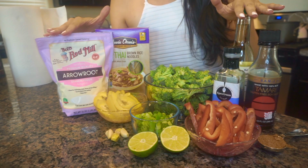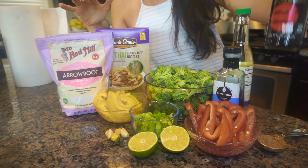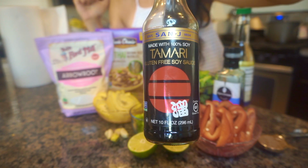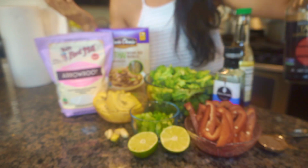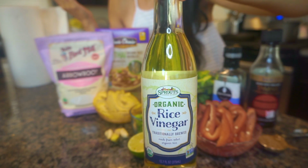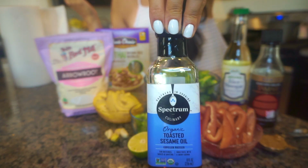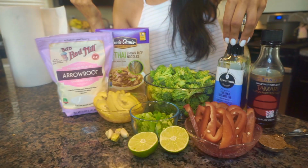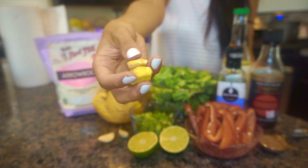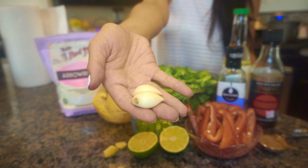And for the sauce, we're gonna get into those ingredients as well. The sauce is going to be 4.5 tablespoons of tamari or soy sauce or coconut aminos, 4.5 tablespoons of rice vinegar, 1.5 tablespoons of sesame oil, about a tablespoon of fresh ginger, 2 cloves of garlic,